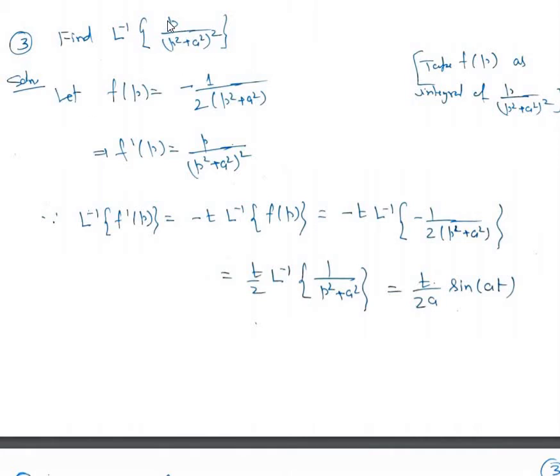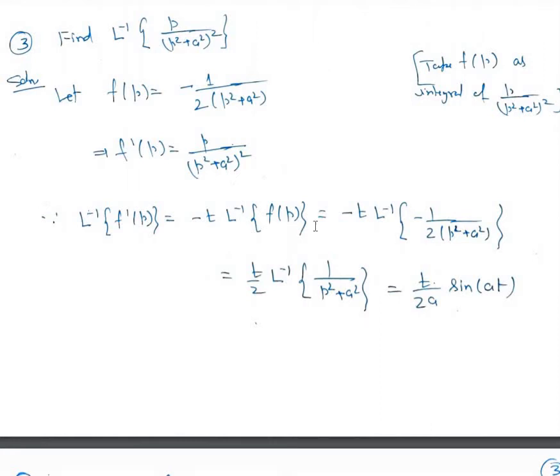Find L inverse of p upon p square plus a square whole square. Now if you integrate this, then you will get minus 1 upon 2 (p square plus a square). So suppose that f of p is minus half of 1 upon (p square plus a square), then f dash of p is p upon (p square plus a square) whole square. So therefore by corollary 1, we have L inverse of f dash p is equal to minus t times